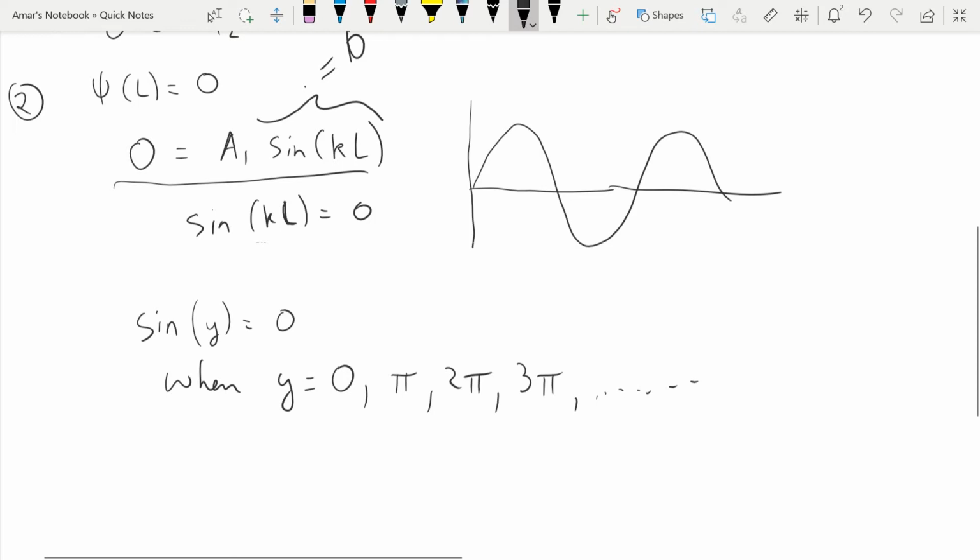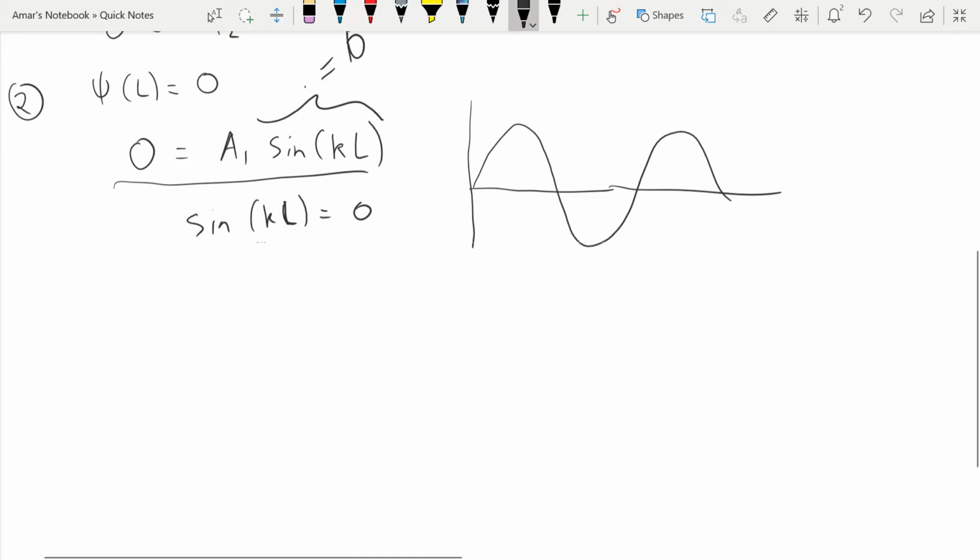So in order for sine of KL to be 0, this can be 0 if KL is equal to 0, or if it's equal to pi, or 2 pi, 3 pi, all these possibilities, right? So sine of KL is equal to 0 if KL is equal to 0, pi, 2 pi, 3 pi, and so on. So a mathematical way of saying this is that KL is equal to n times pi,